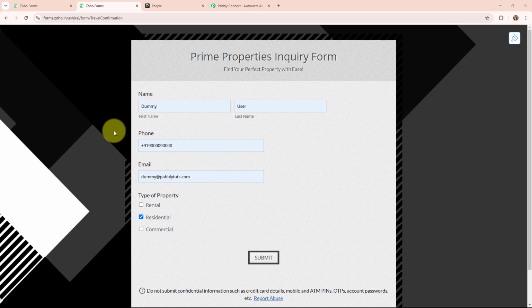So in this video, I'll show you how to automatically create a Pipedrive person whenever a new Zoho Form submission is received. This integration will help you seamlessly transfer lead details from Zoho Forms to Pipedrive, saving you time and ensuring no potential customer is missed. So by the end of this tutorial, you will have a fully automated system in place to manage your leads